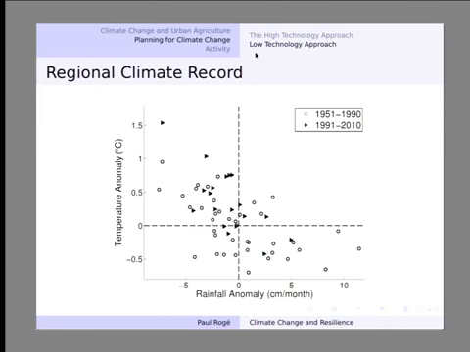This is looking at the relationship between temperature and rainfall for those two time periods, so 1951 to 1990 and 1991 to 2010. And basically what you see is that there's a greater increase in temperature than in rainfall. If you look at the black dots, they're in general higher up than the circles. Okay, and also high rainfall years. Well, let's see. How do I read this? I think that's the main thing that I would want to point out at this point.